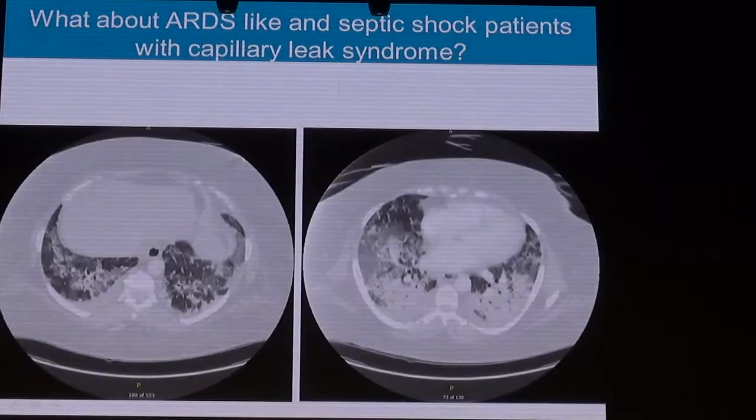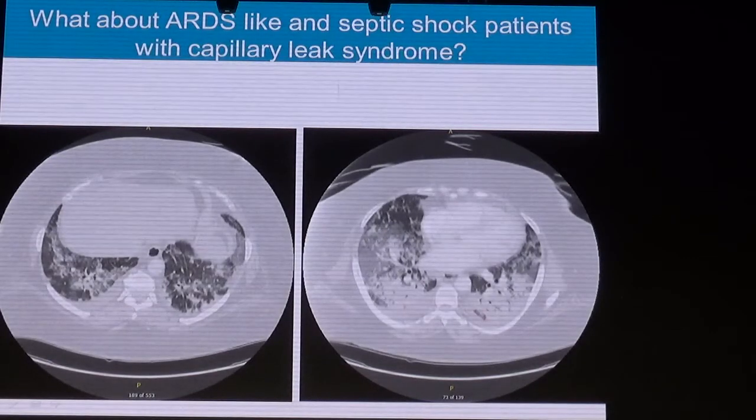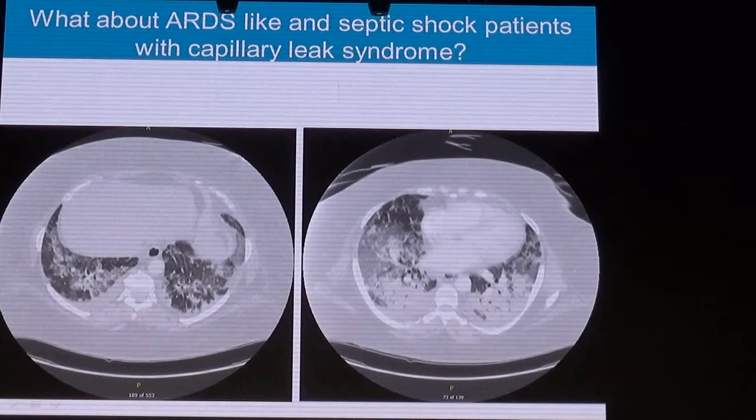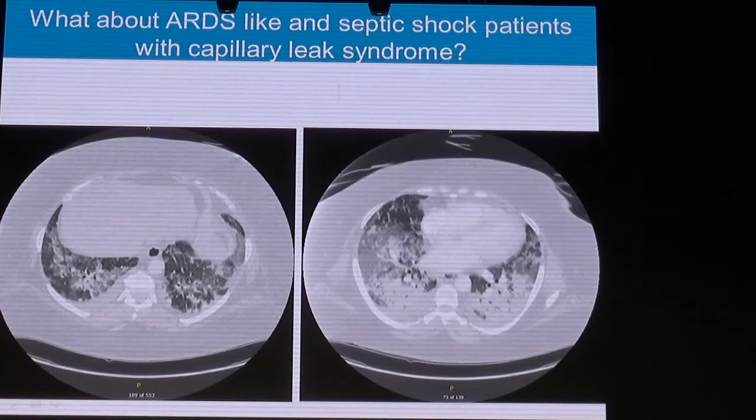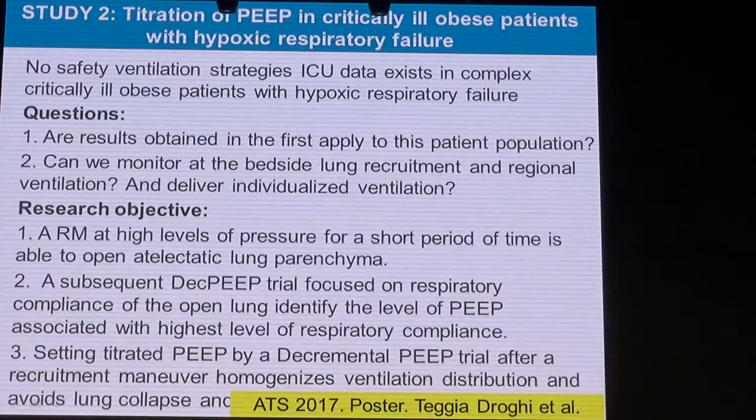And this was the CT scan. After a long effort, we were able to bring her to the CT scan, against the radiologist's wishes. We were able to fit her through the CT scan. Many times patients like this are impossible to bring to the CT scan, and many cannot even enter the CT scanner. As you can see, there are consolidations, and also a pattern that really looks like that of ARDS patients.